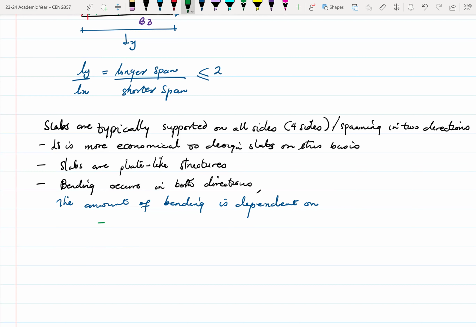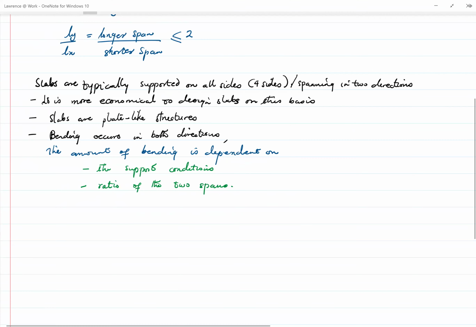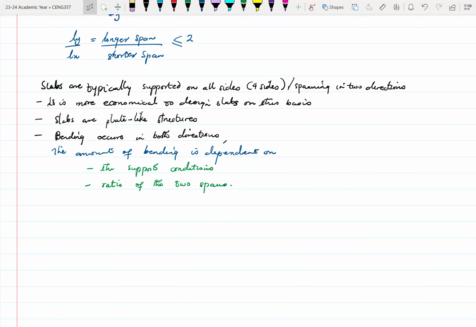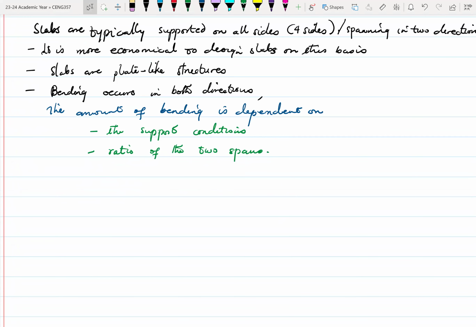One is the support conditions. The support conditions play a role, and we'll look at what they are. Then basically the ratio of the two spans. So this is what determines the kind of bending that we have. When it comes to the ratio of the two spans,